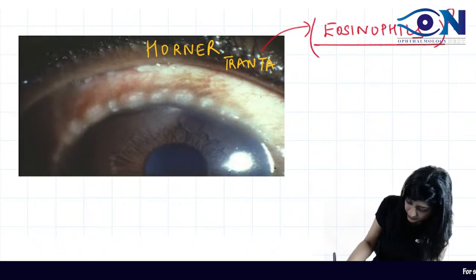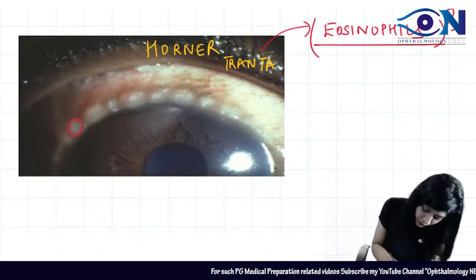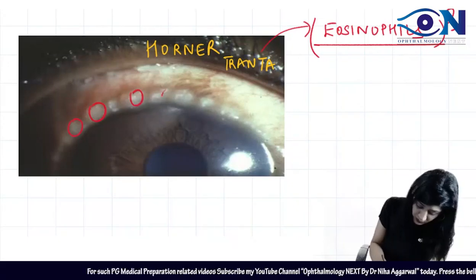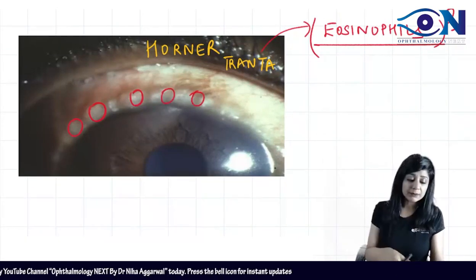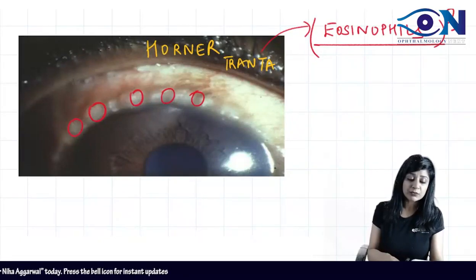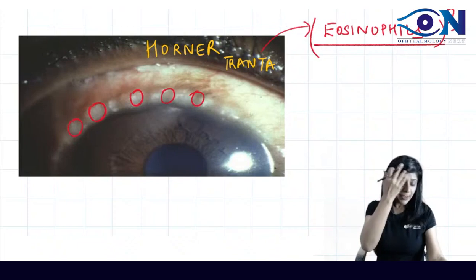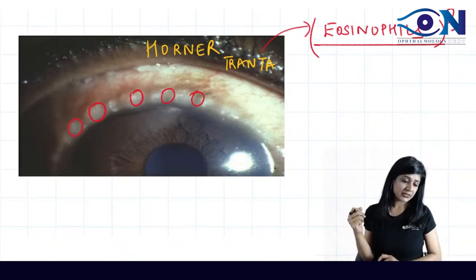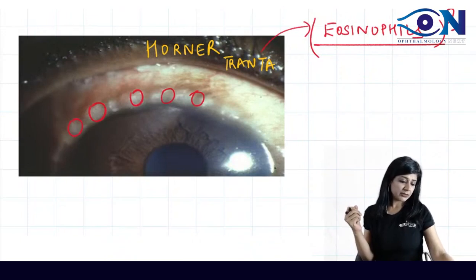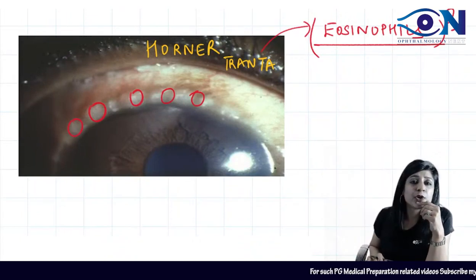Another important question: they consist of eosinophils. You can see we have these grayish white spots which are near the limbus. Can you see how they are different from the Herbert pits? Herbert pits were found in trachoma, with a cobblestone appearance. Here it says pebblestone; I think it was a typo. How are these Horner-Trantas spots different from your Herbert pits?